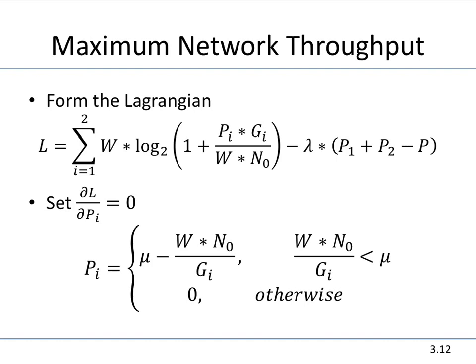So the problem now becomes the aggregate, because we want to maximize R1 plus R2, right? R1 is this, and R2 is this when i equals 2. So the aggregate throughput is the summation from 1 to 2 of the Shannon equation. And then the constraint